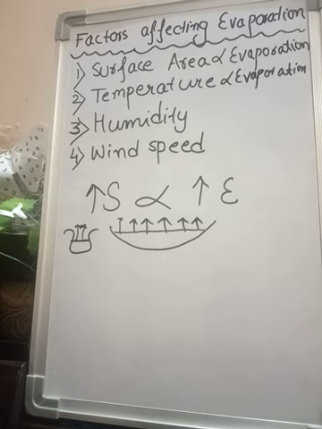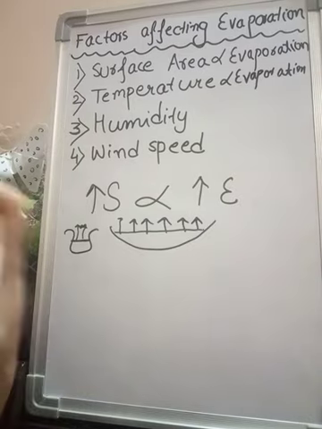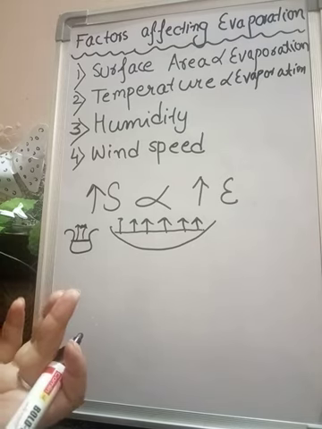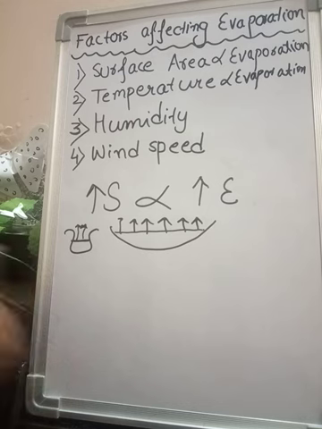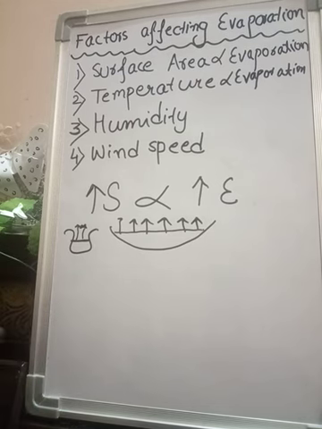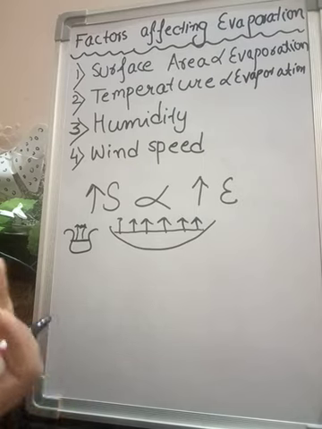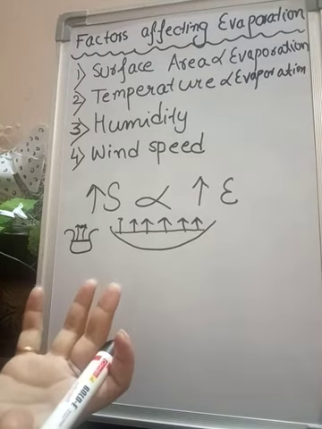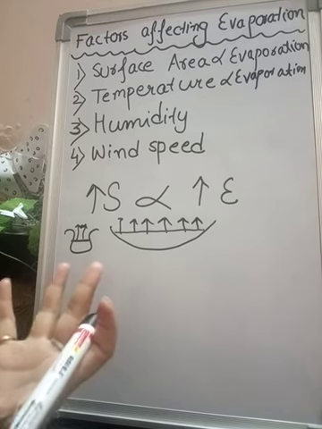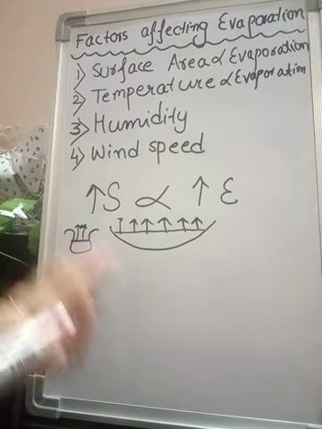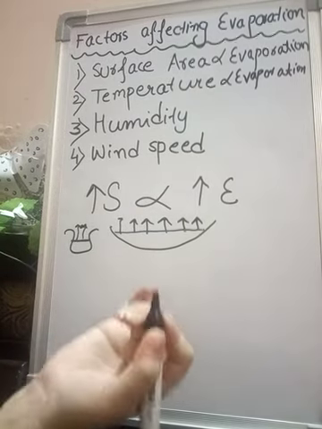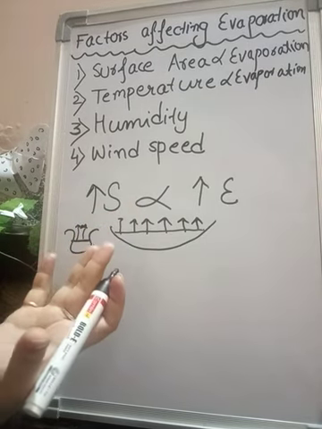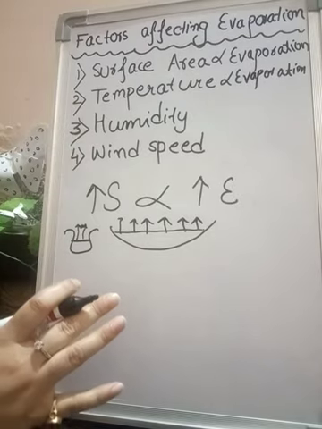Now comes the humidity. Humidity is what? It is the amount of water vapors which are present in the atmosphere. If you know, in the rainy season it becomes very difficult to get our clothes dried up. Like when we wash clothes in the rainy days, it becomes quite difficult to dry them. Why? Because there is already so much moisture in the atmosphere. Evaporation is actually increasing the amount of vapors in the atmosphere. The atmosphere already has so many vapors that through evaporation we will not be able to send more vapors there.